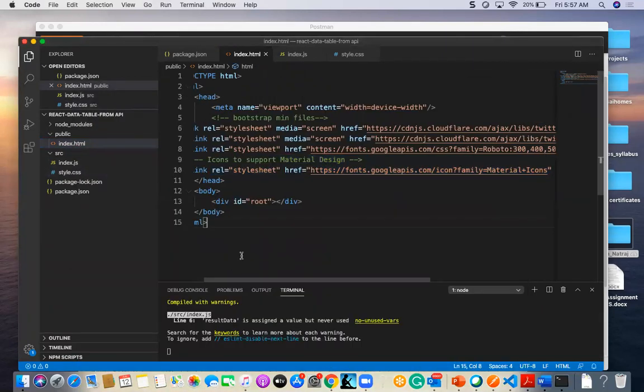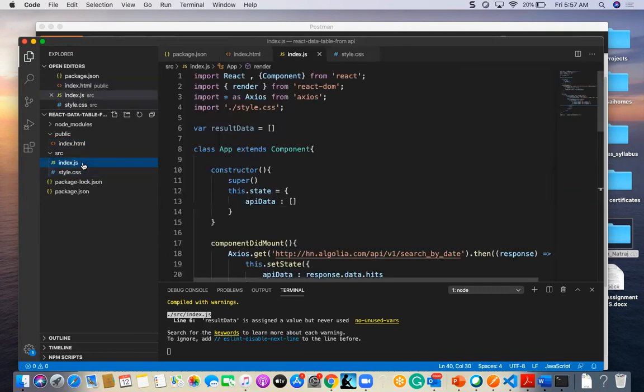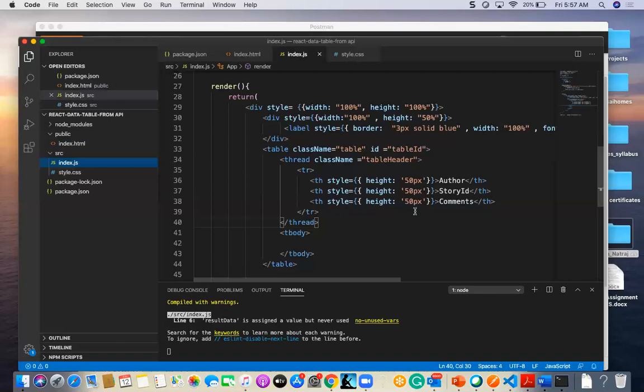Once again, we'll see. Okay, no problem. And here I am going to mention the tbody. In this tbody I am going to use the data. I am going to mention the data here. So it's like this, right? And this also I want to give the star slash.